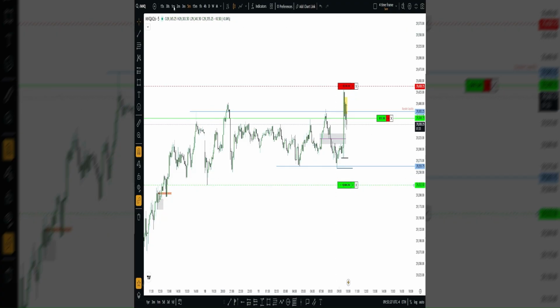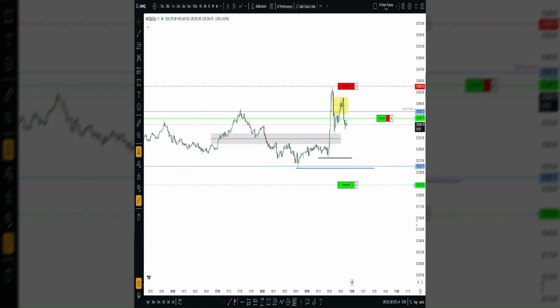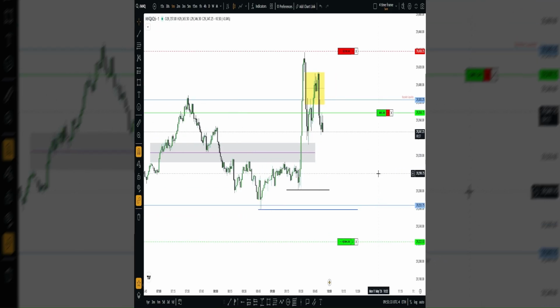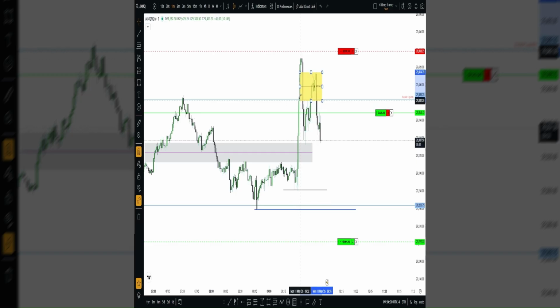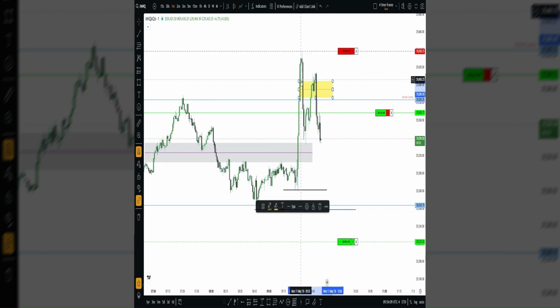If we look on the 1 minute, you'll see where I was expecting a swing failure. After this manipulation to the upside, this is 9:30's 9:31. So this is 9:30. This is where the first presented fair value gap is. We can't use the 9:30 candle, so it would have been this one, right? So this first presented fair value gap should have really been here. Yes, that's our first presented fair value gap, and adjust it to here.